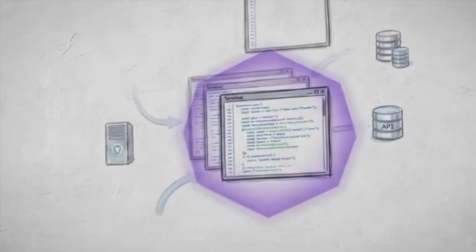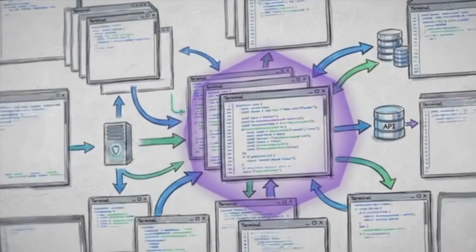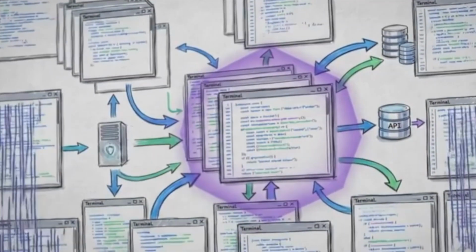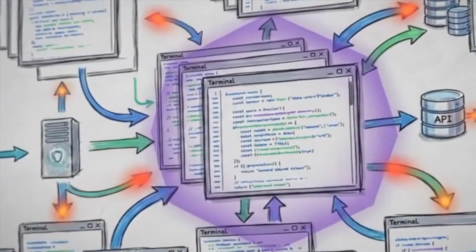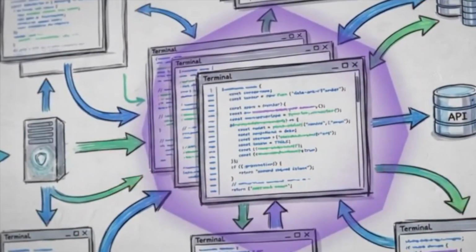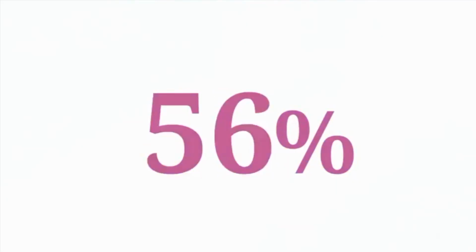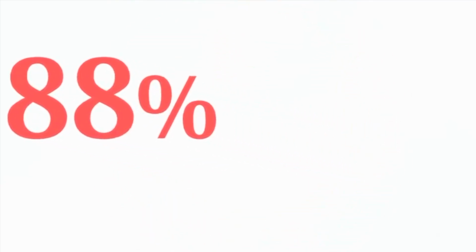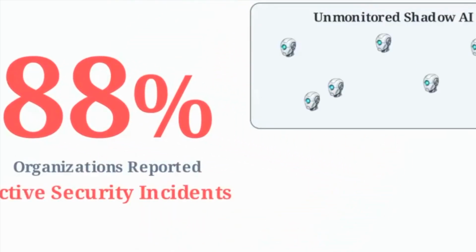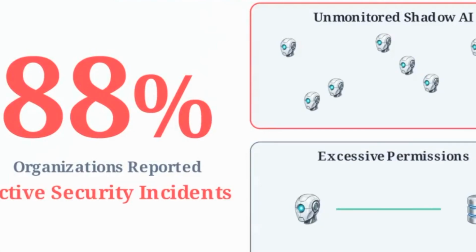AI models have moved past answering questions in a chat window. They now execute tasks, call APIs, and trigger workflows independently as autonomous actors. Because these systems operate with high autonomy, they introduce distinct risks. In recent surveys, 88% of organizations reported active security incidents caused by unmonitored shadow AI or agents operating with excessive